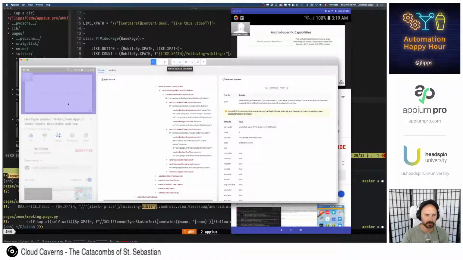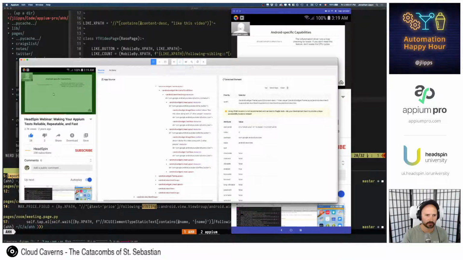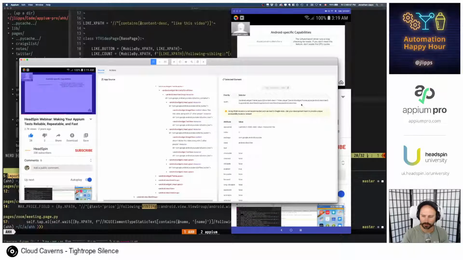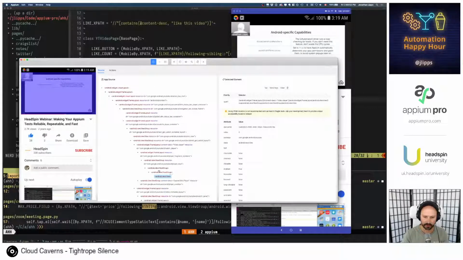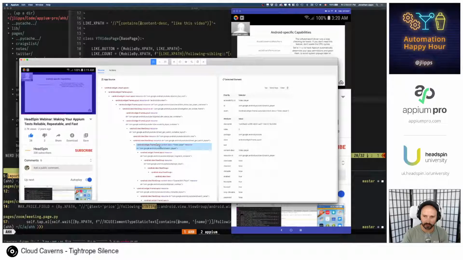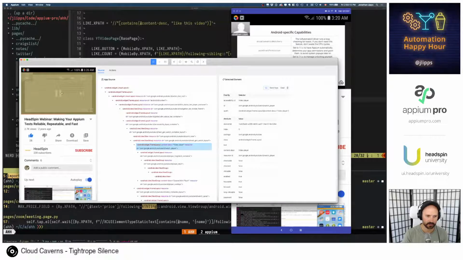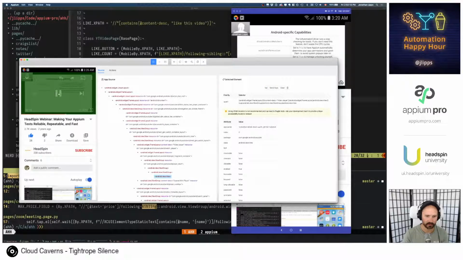Did that do anything to make it show up? Yeah, so this is just the video player here. So if we tap the video player, it does the thing that we wanted. Okay. Ooh, expanded mini player.